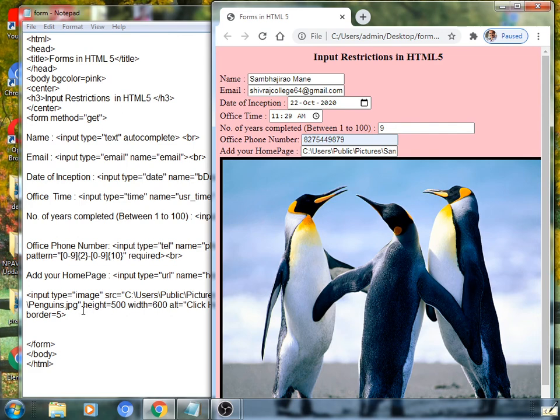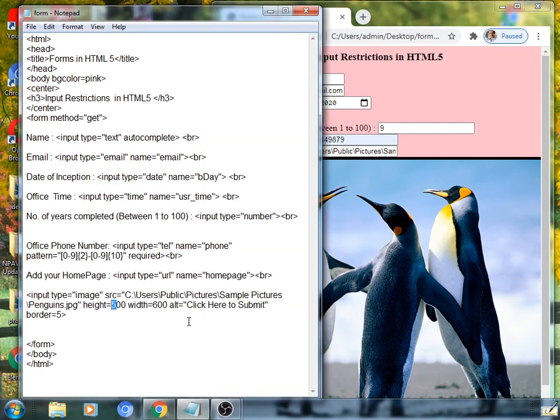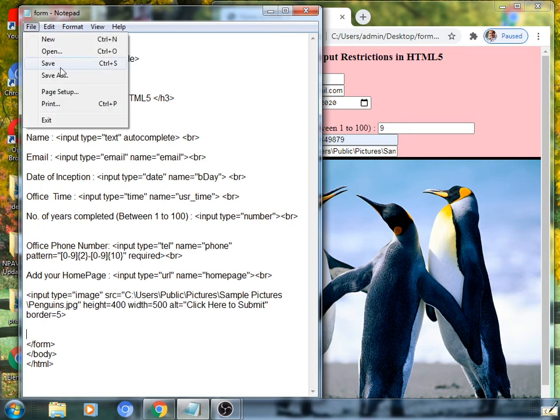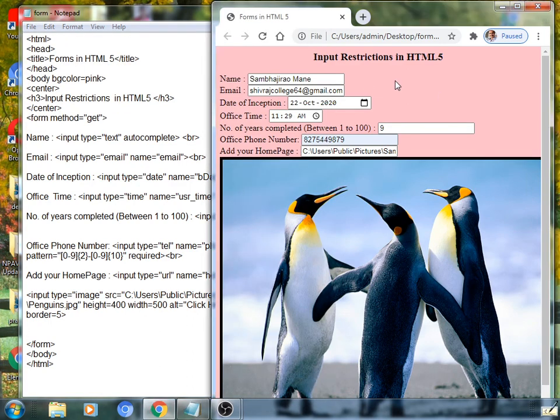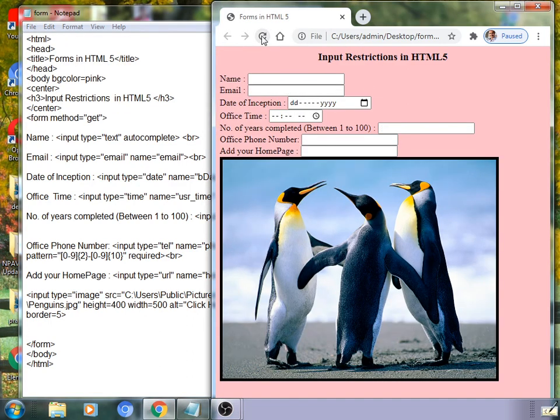So, the next field is image, displaying the image. We can enlarge or reduce the size of the image box by giving values of height and width in number of pixels. See here, save at this editor's window, refresh at the browser's window, the size is decreased.